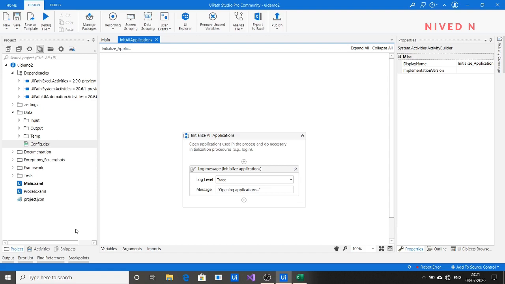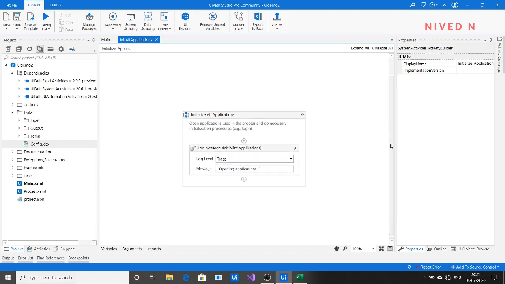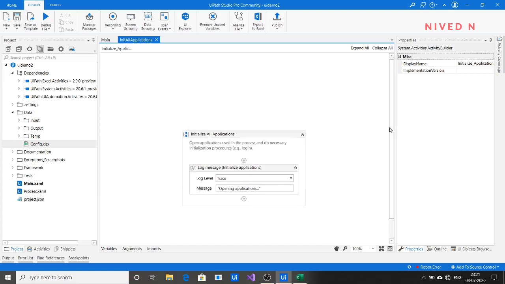For obtaining the login credentials, you have learned that either you can use an asset or you can use the Windows Credential Manager, to get the login credentials. Or you can type the credentials directly using a Type Into activity, but I am not preferring that. While you are working with credentials, it is recommended that you either use the credential activity of the asset, or use the Windows Credential Manager.